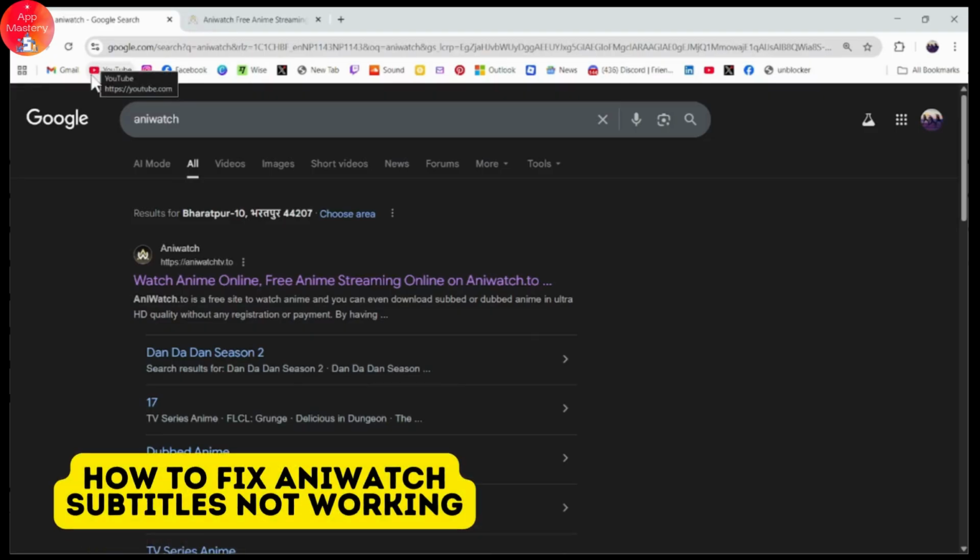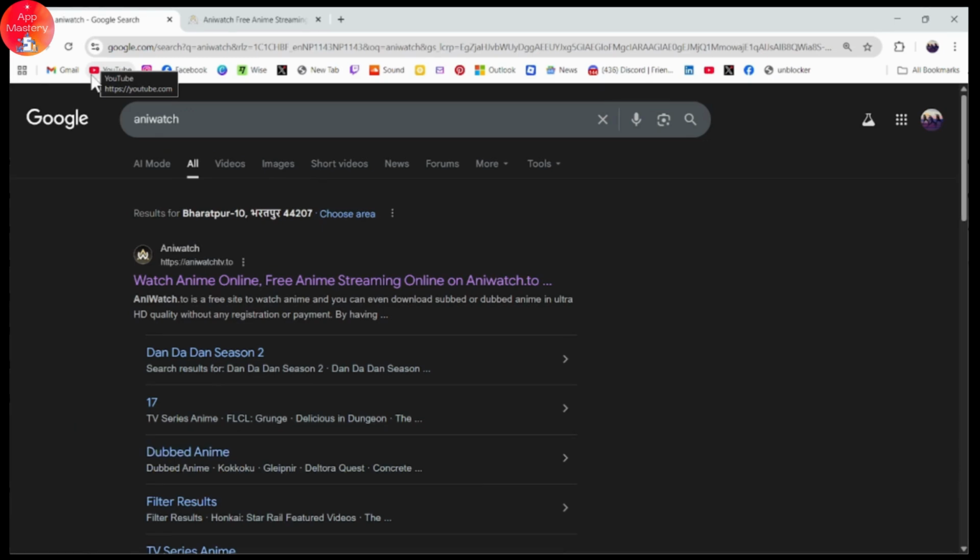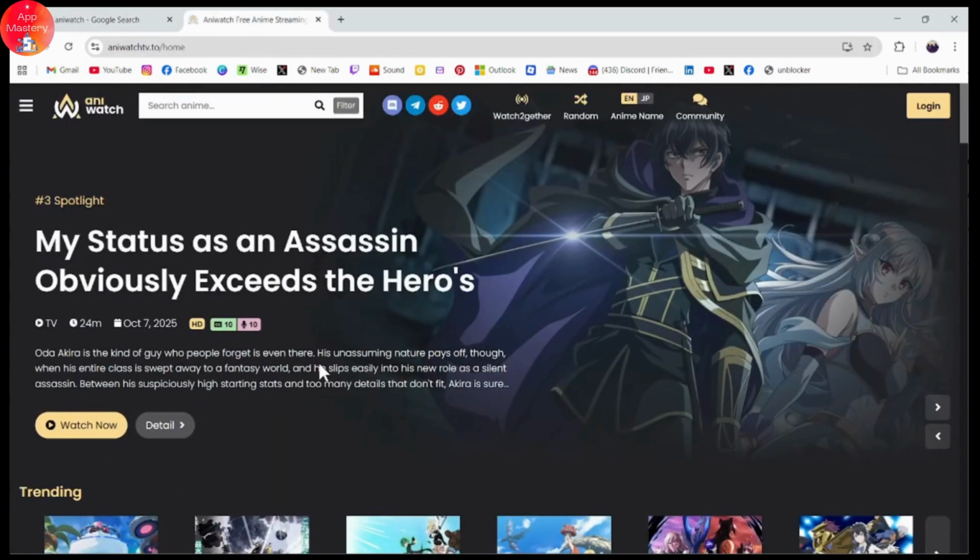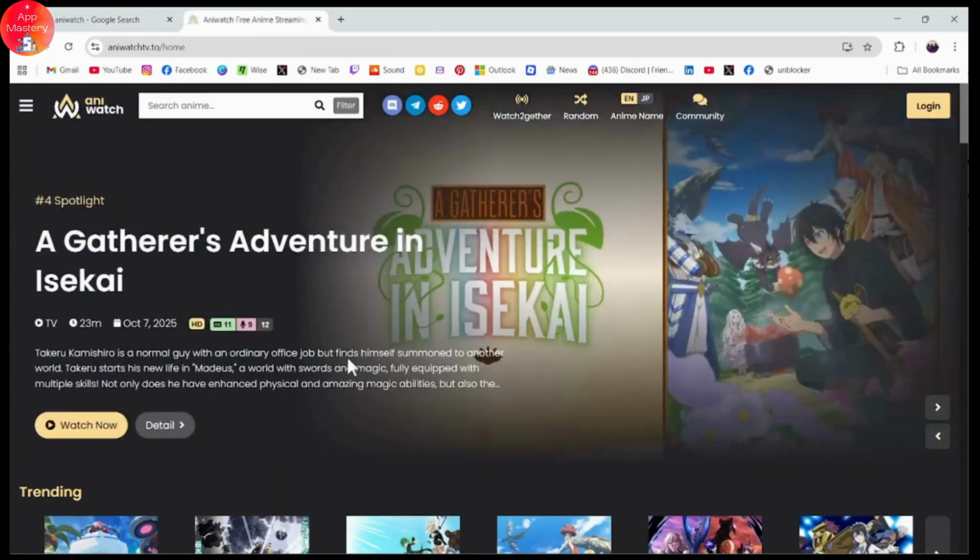How to fix AniWatch Subtitles not working. So if you want to fix your AniWatch Subtitles not working, then what you need to do is first, you just need to simply go with AniWatch on your browser. And once you're on your AniWatch, now if you want to fix your subtitles not working, then you just need